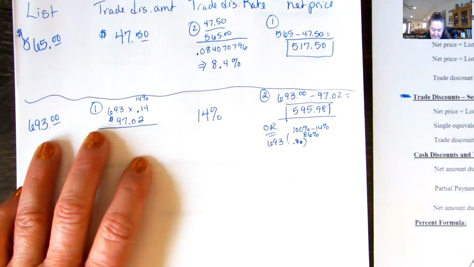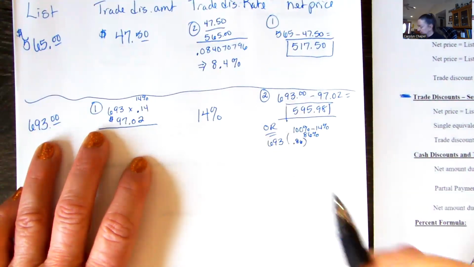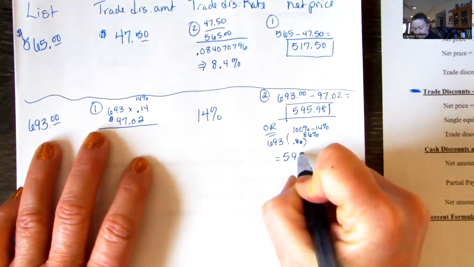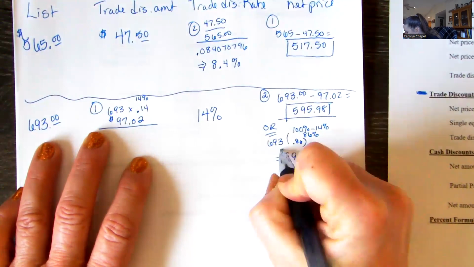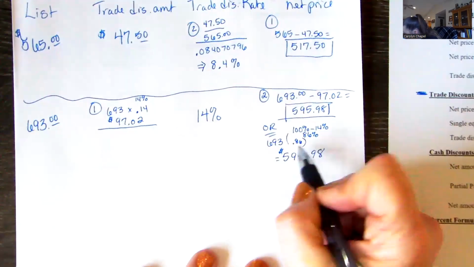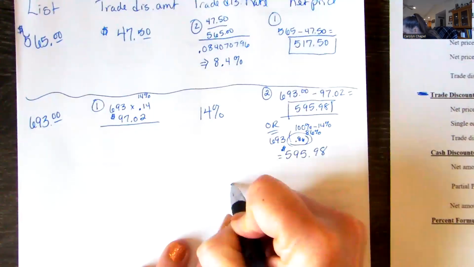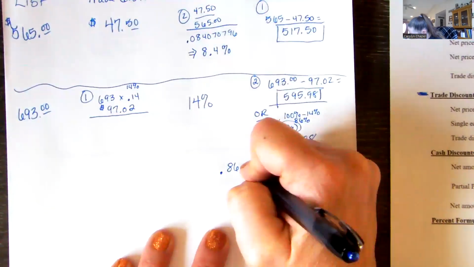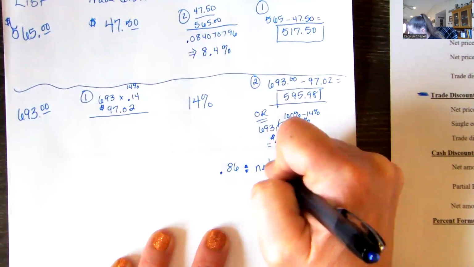So if I do that, you'll see I do get the exact same thing. 0.98. Okay. This 0.86 that we found here is referred to as our net price